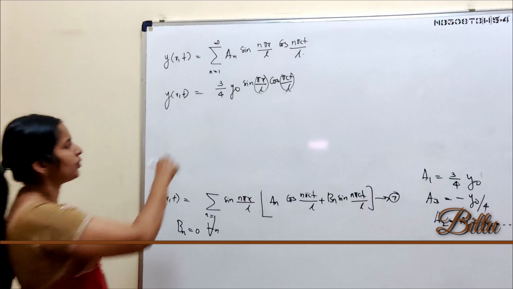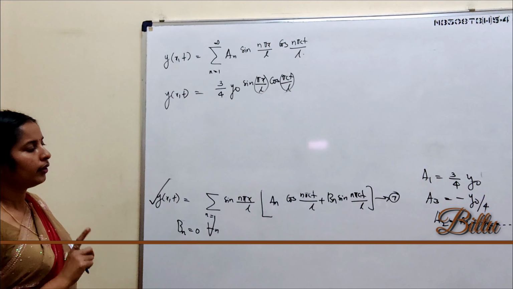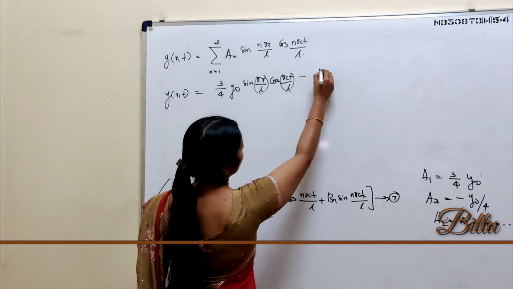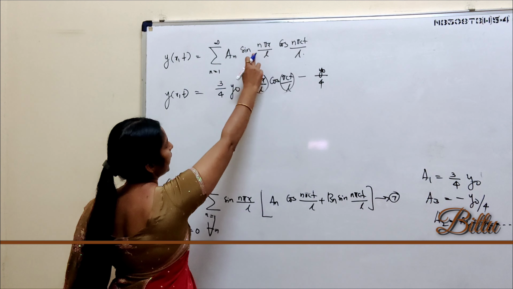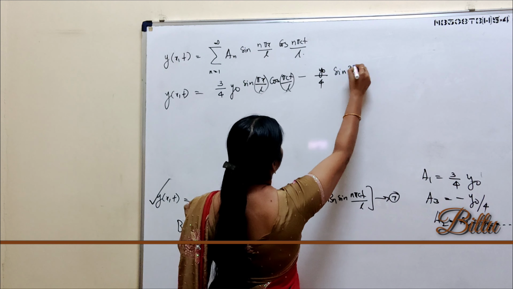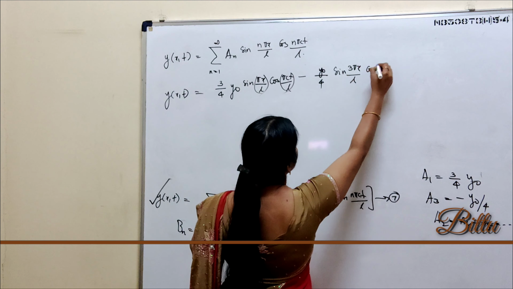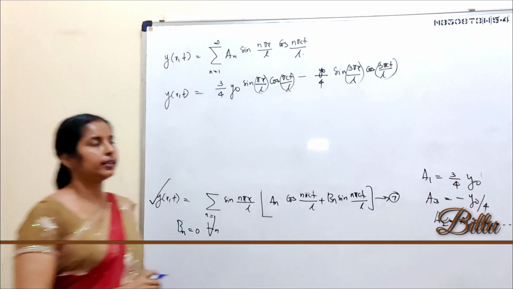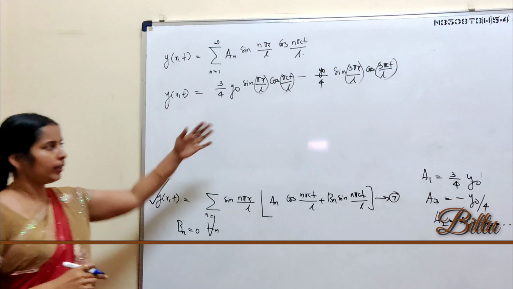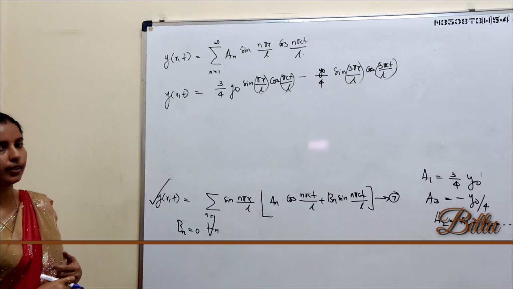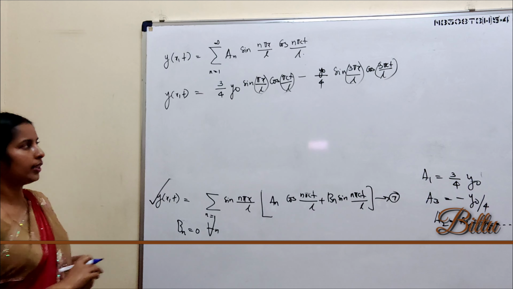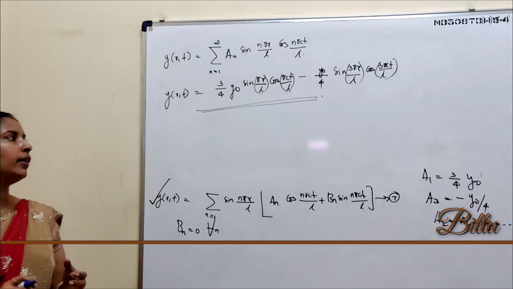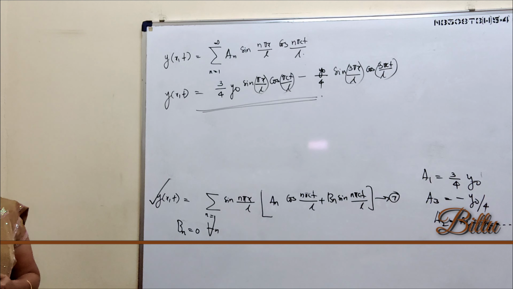Plus, when n is 2, it is a2, and a2 is 0. Next, when n is 3, we have the value for a3. That is minus y0 by 4 sin 3 pi x by L cos 3 pi ct by L. All other a's are zeros. We have only two non-zero a's and we consider the corresponding terms in y of x, t. See, this is y of x, t, and this is the required displacement of any point on the string under this